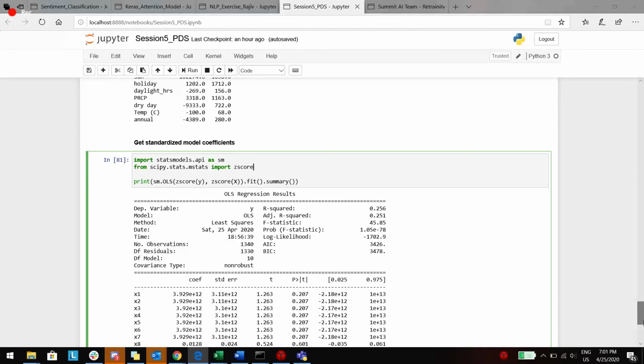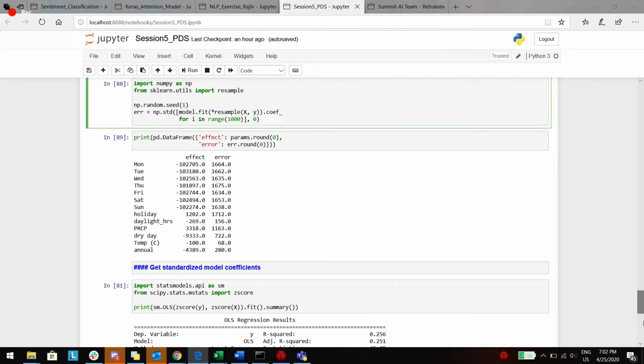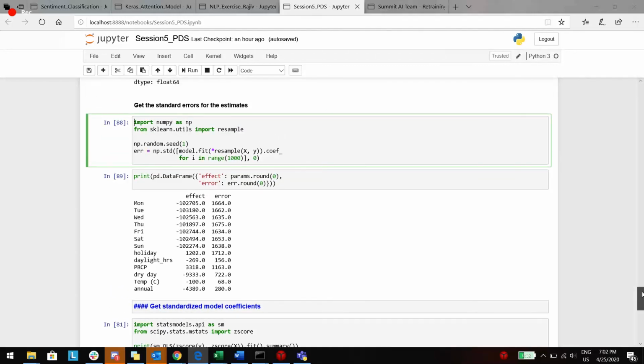Rajiv, just one question. Can you go a little up, to the previous notebook cell? Here, where we have this effect or error you have printed. You mentioned that for dry day, let's say it's coming as 933, which means it has a negative impact probably based on this number.